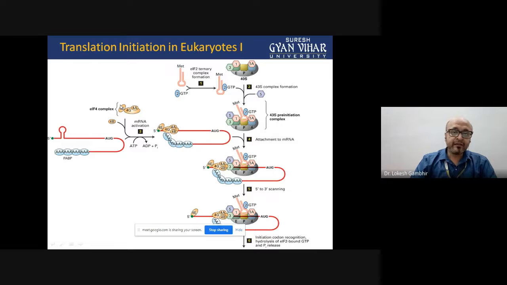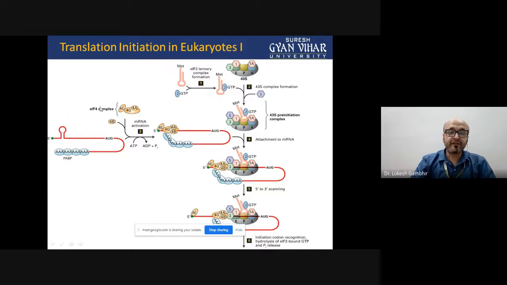Then on the other hand, there is a requirement of mRNA. Until and unless the mRNA comes, there will be no translation, right? Now this mRNA is currently in linear form. So we have a 5 prime cap, we have a poly A tail. To this poly A tail, there is binding of multiple proteins called poly A binding protein, PABP. Then at the 5 prime end we have a secondary structure, and because of the complementarity in these two regions, there is a looping, and this short segment will serve as double strand RNA. Now the initiation factor 4A is required to remove this double strand RNA structure because it's a helicase.